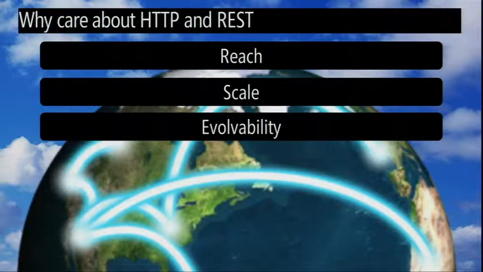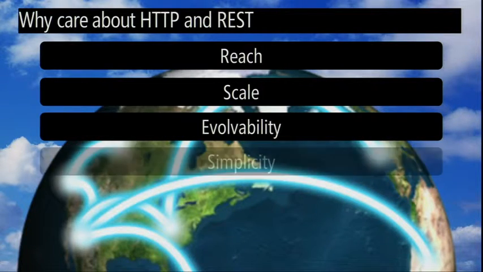Evolvability. If you look at the infrastructure of the web, it is like the largest scale application at a meta level. It keeps evolving and things don't break. It's tolerant to the fact that sometimes things move, but the infrastructure of the web keeps going. And it is fault tolerant as well, in the sense that if there's a problem over here, then other parts of the web will compensate. A lot of that has to do with the underlying HTTP application layer protocol.